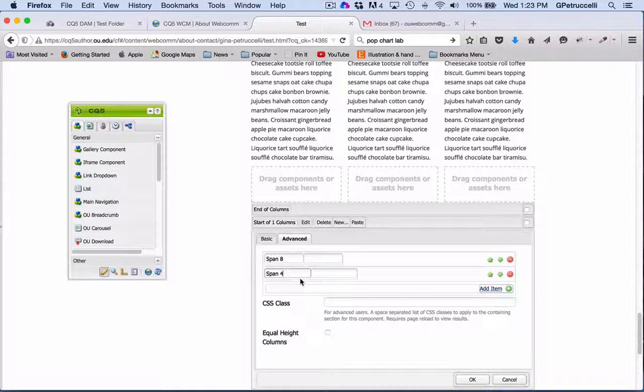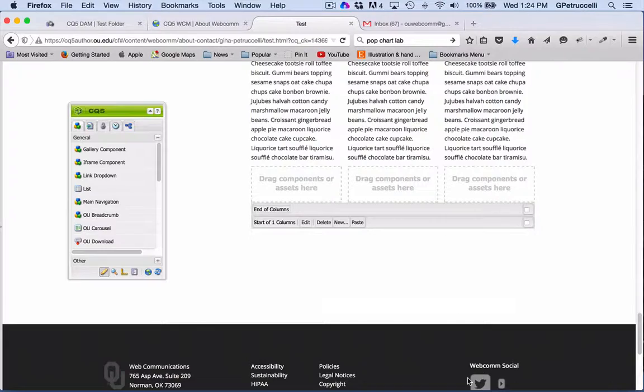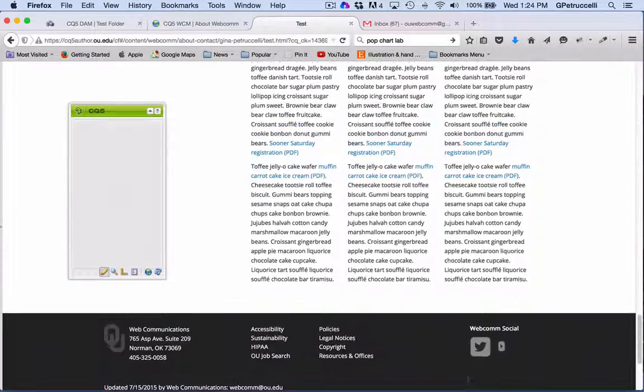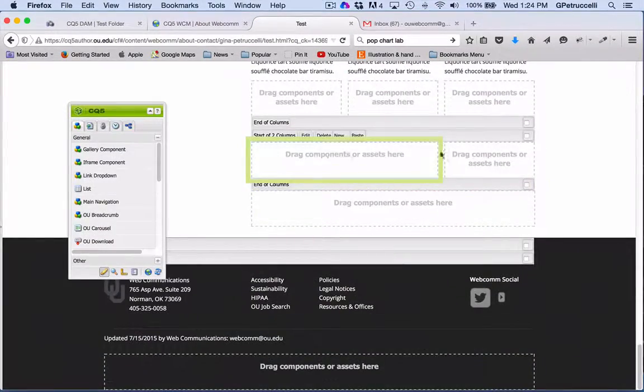extreme. If you're using our Department A Crimson design, you can also add the CSS class column outline in order to create column outlines around, but this only applies to Department A Crimson. If I hit OK, you'll now notice that I have an 8 and 4 span, and that's how you create